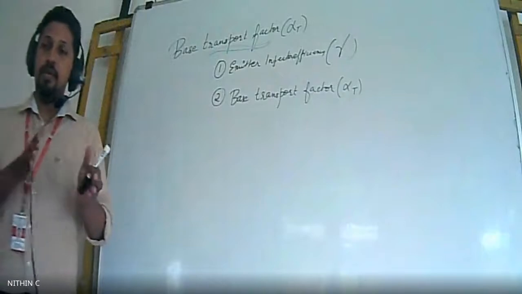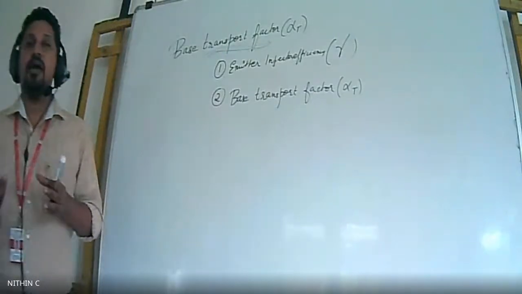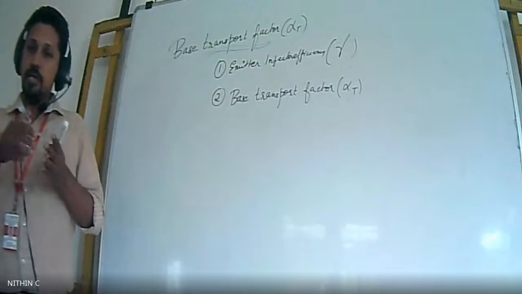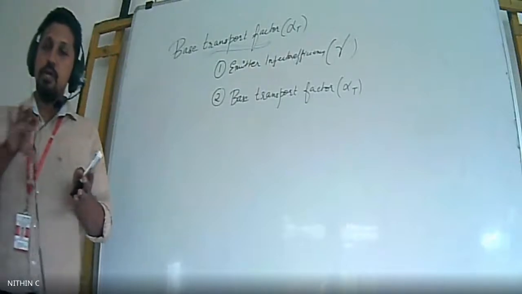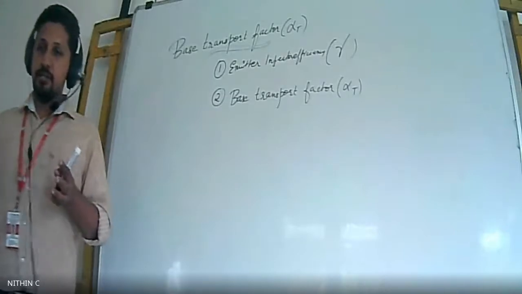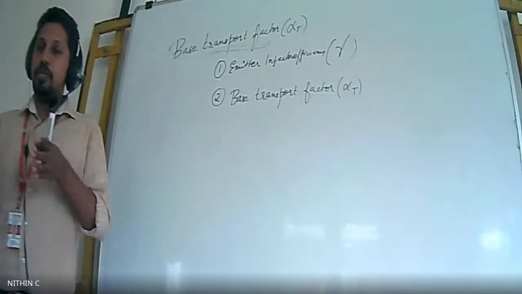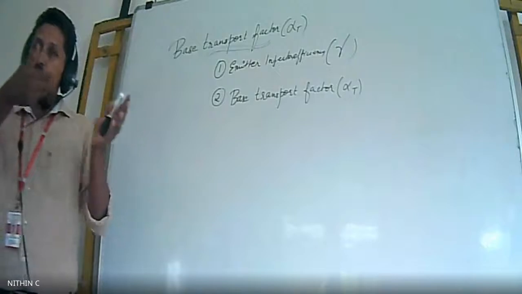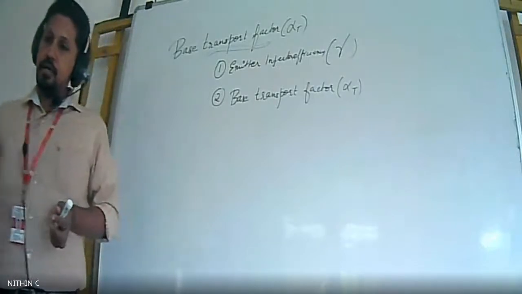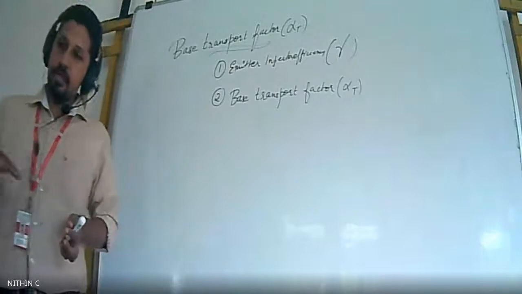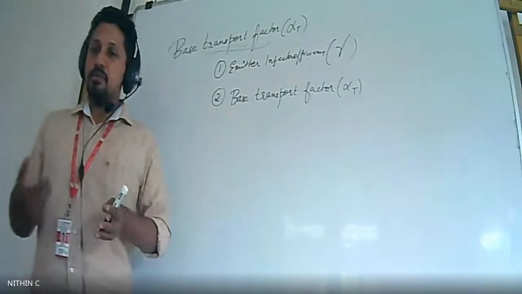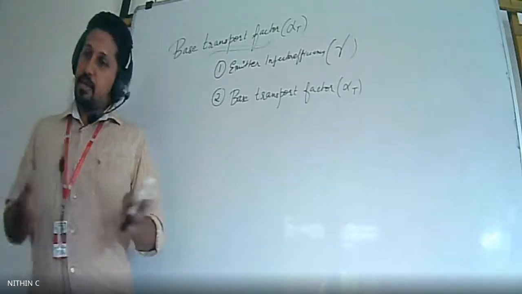In between the emitter and collector, the base is acting as a transportation medium, right? The carriers which are coming from the emitter are the injected majority carriers. The emitter injects the carriers, they pass through the base and reach the collector. The base should be effective in such a way that almost all the carriers coming from the emitter should be transported towards the collector. But instead, there is some recombination in the base. The emitter injects the majority carriers, they undergo some recombination in the base, and then the remaining go to the collector.